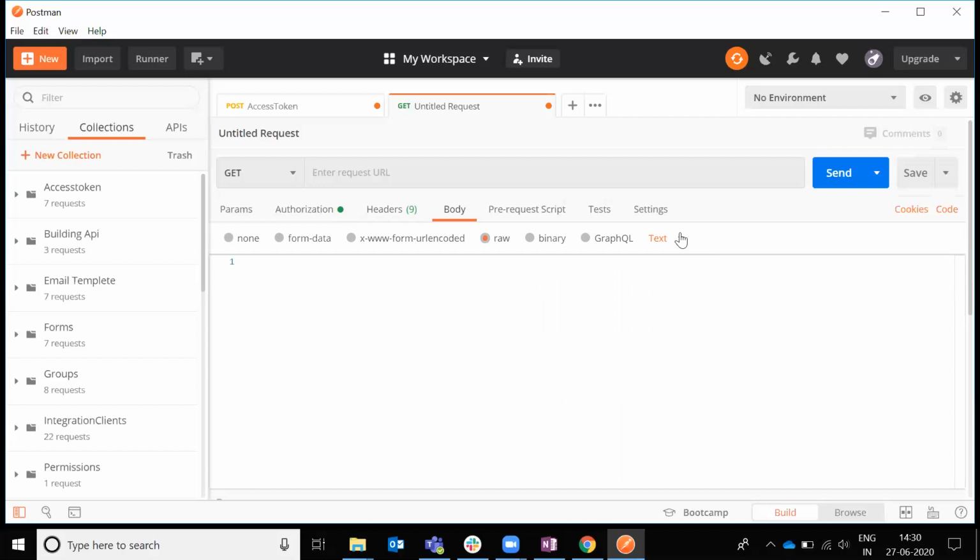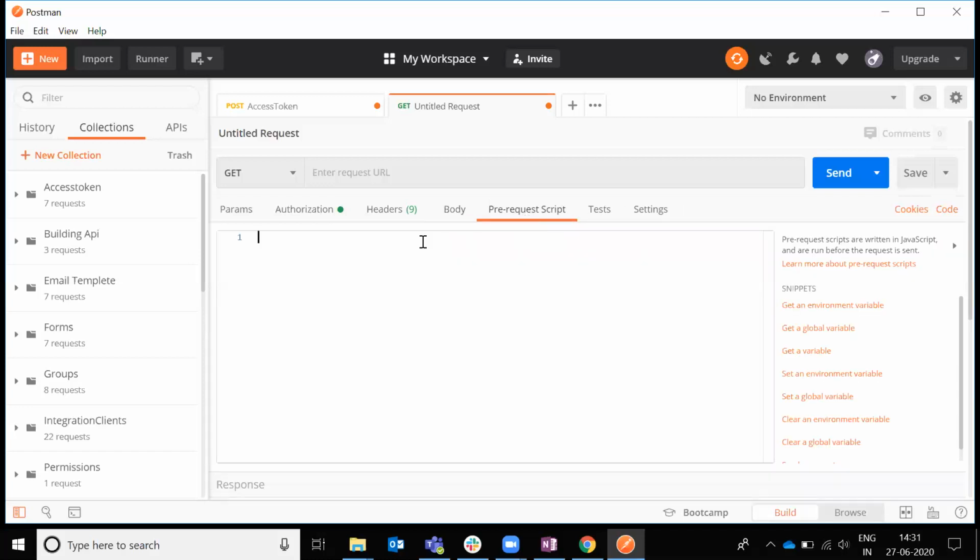By default it is a text file. You have to provide the information here, typing something like this. Or else you can provide JavaScript code. Anything given by the developer in JavaScript format will display. And if you click here, you can see JSON format, HTML format, XML format. This kind of data you can provide in the body type. This is the body information you have to provide.